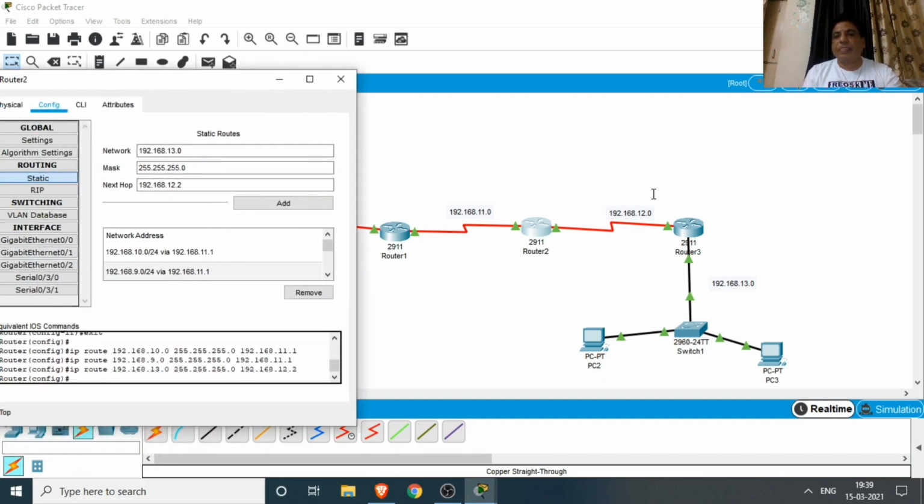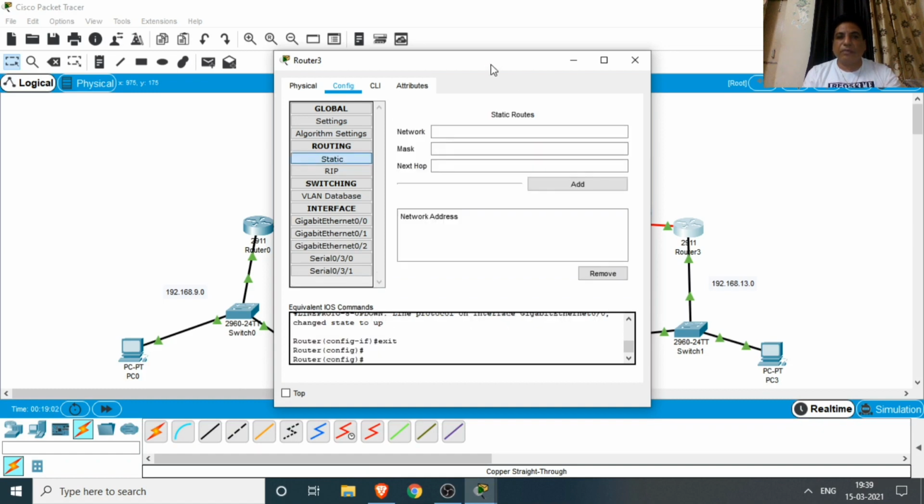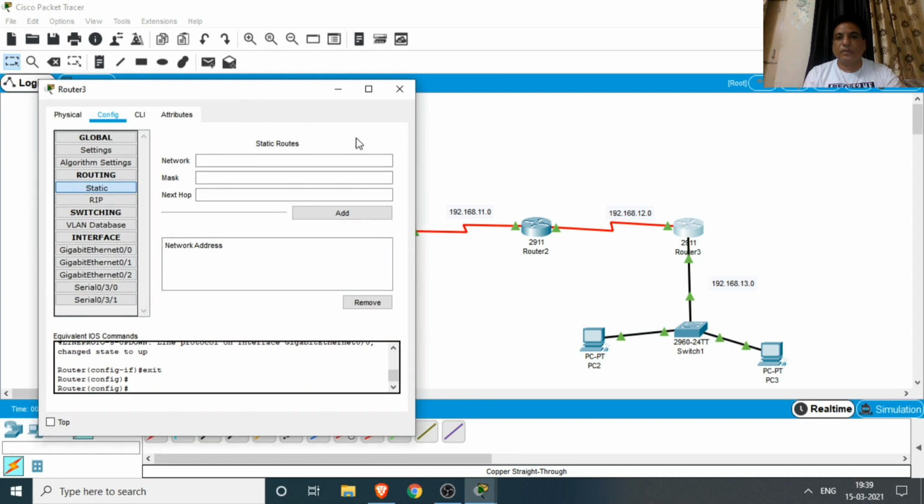Now we configure router 3, static. From router 3, if we want to go to the 11.0 network, our exit point is this one. It means if we want to go to the network 192.168.11.0, subnet mask is 255.255.255.0.